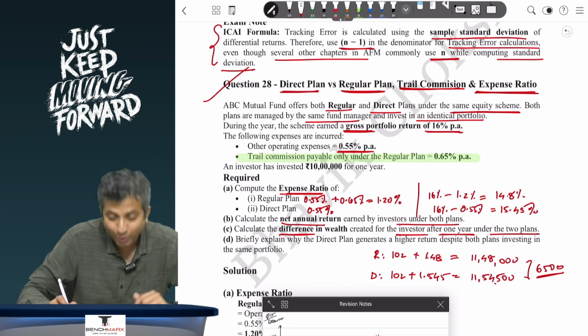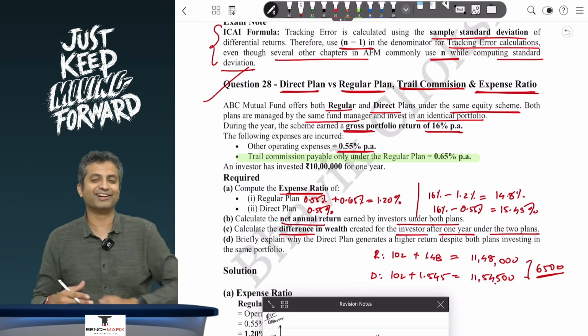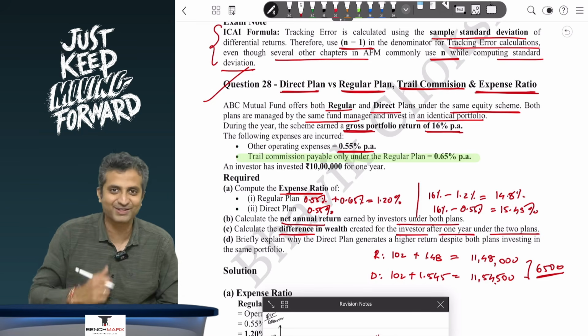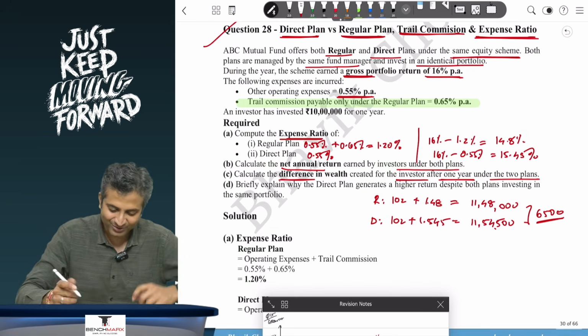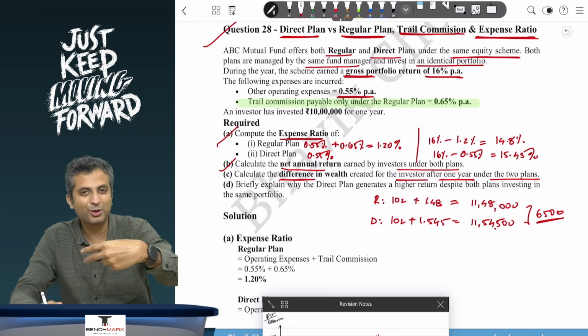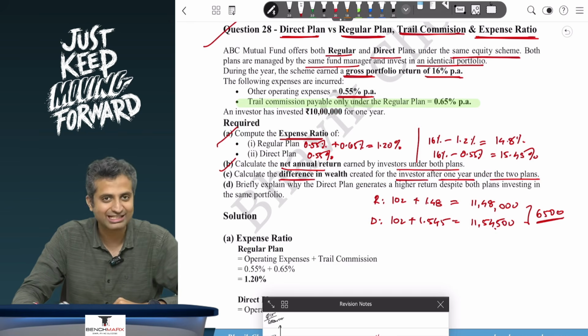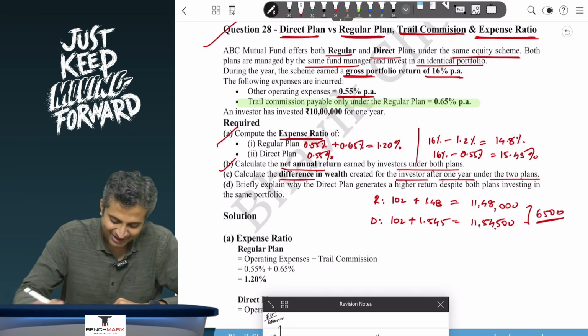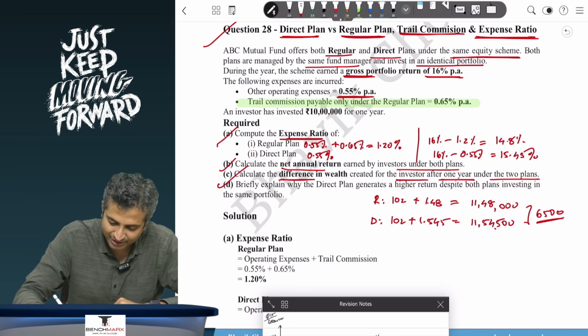6,500, which is almost a little more than your monthly articleship stipend. So that's a fairly big difference, right? So over here, sorry, I'm sure it's just a matter of time. After this, you're going to add 2 zeros to your monthly salary in no time. Okay, so over here, this will be